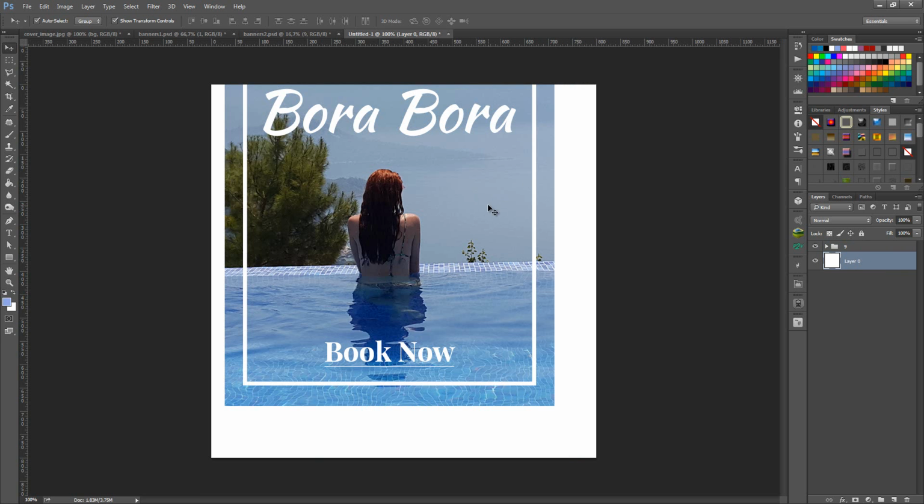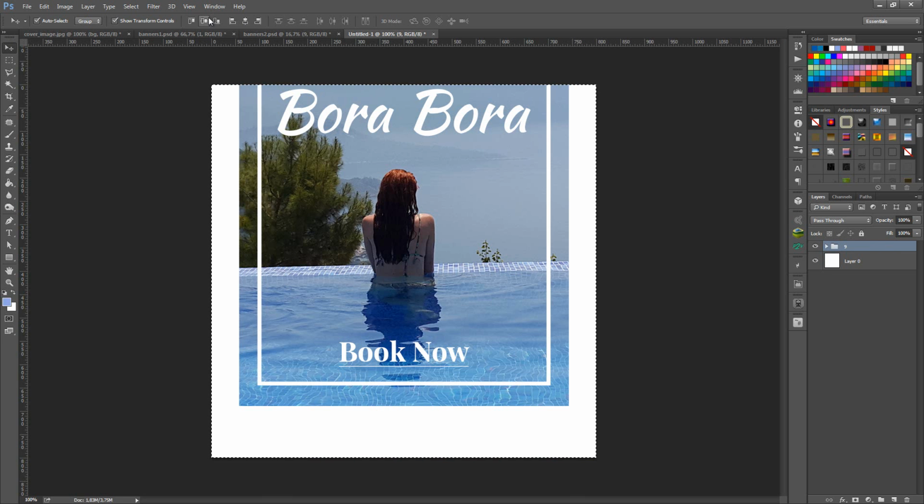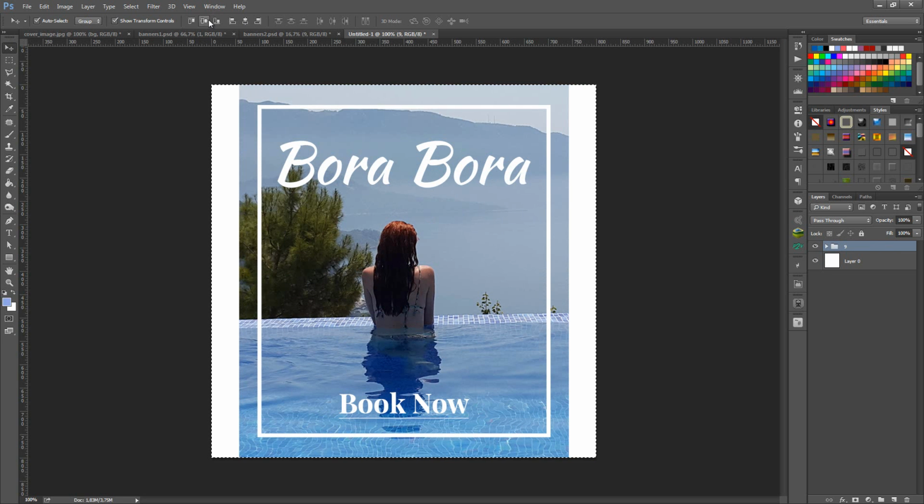Now to position this banner in the middle, all you have to do is Control click here in this square, then click the folder, press V on your keyboard again to activate the move tool, which is located right here, then press this middle one and this middle one. Now press Control D to deselect everything. Now as you can see,